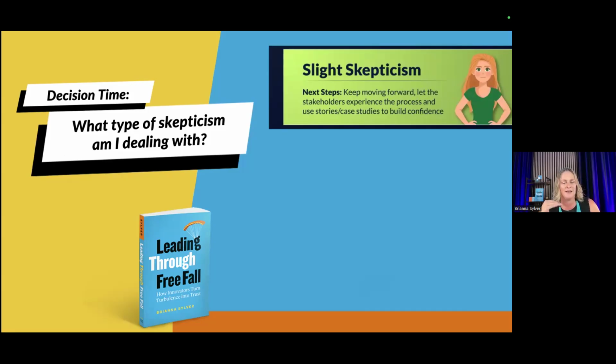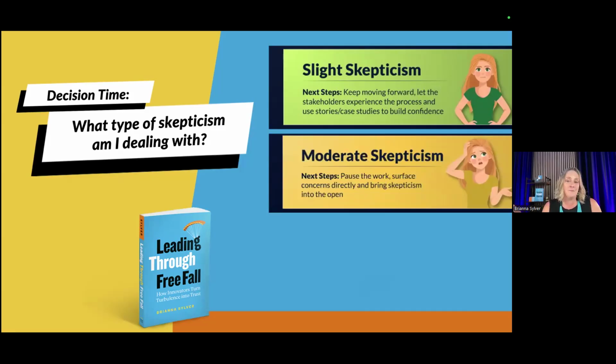There's a level of, I'm going to trust the process. In this type of situation, you're just going to keep moving, and you're going to let people really experience the process, the tools, the frameworks, the user stories, understanding the value of bringing users into the design of things. And through that actual experience, they're going to build more confidence in the process.